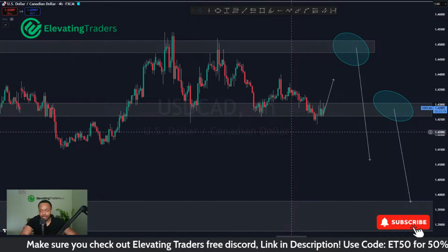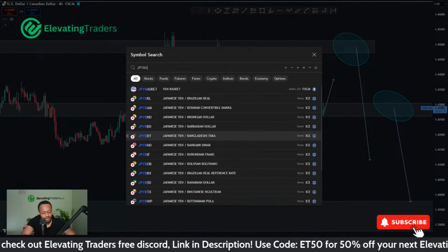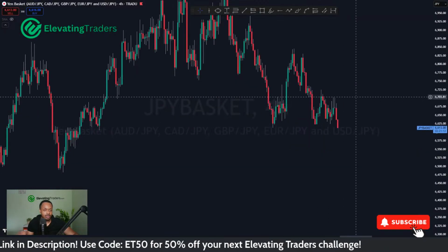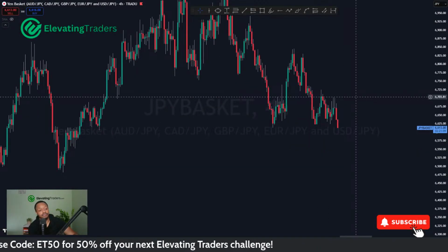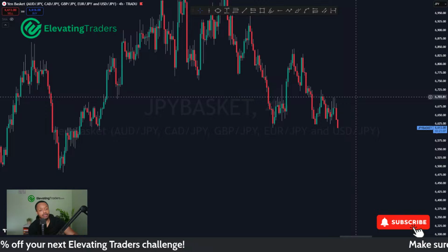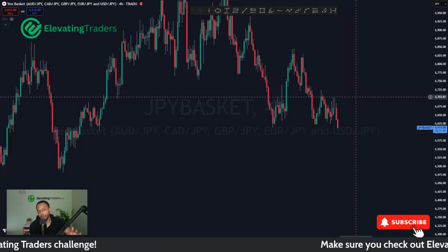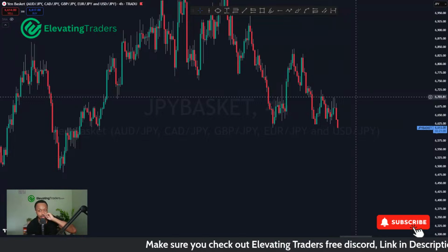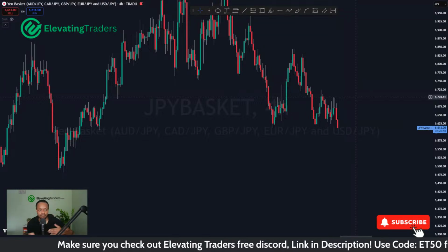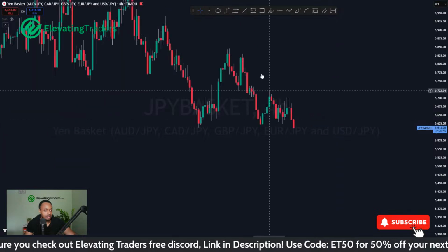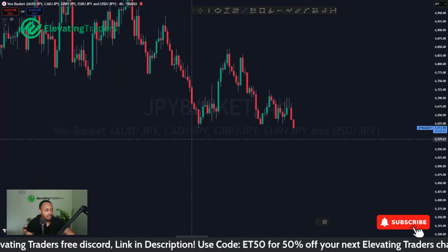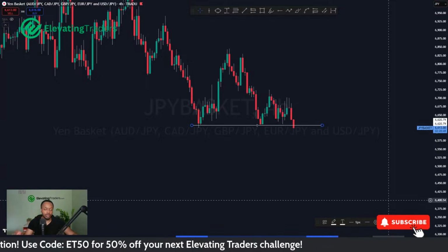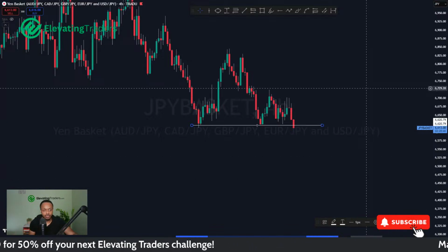But anyway, I'll go through the rest of the yen pairs. First, I'll take a look at the yen basket because that holds a lot of information for the yen itself. And as we can see right now, things are not looking too hot. Looking pretty bearish with that candle. This candle's still got a long time before it closes, so it's always a little bit tricky taking in information from a candle that's still live, because yes, we're looking pretty bearish with this candle here, but by the time it closes, we might pull back and respect support, and that even could flip bullish as well. So you don't want to take too much information from a live candle.